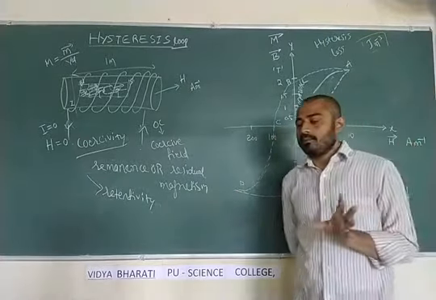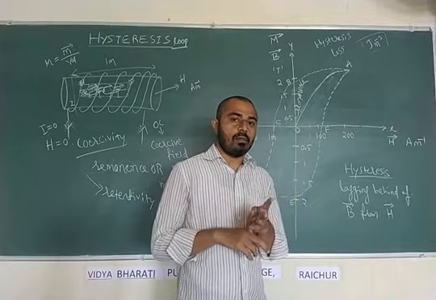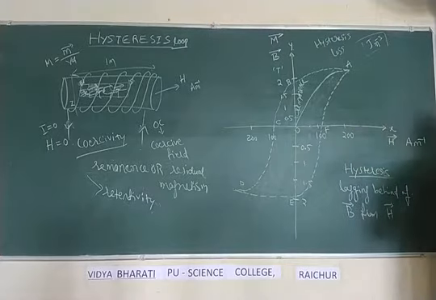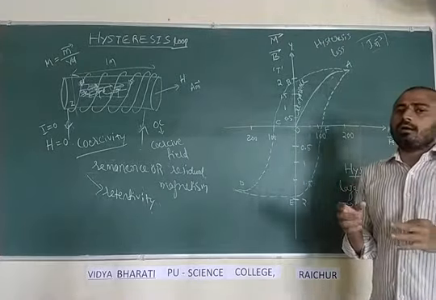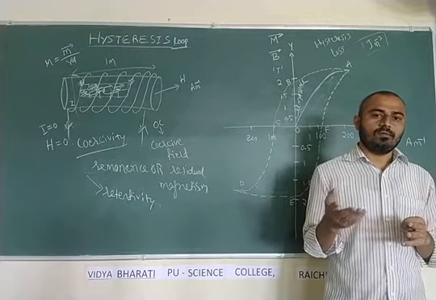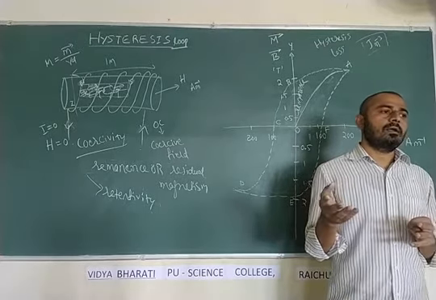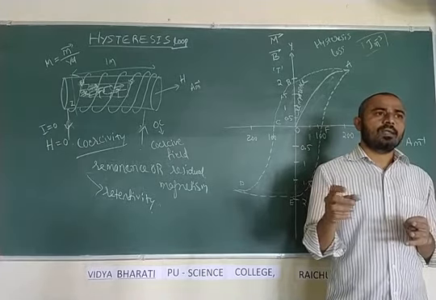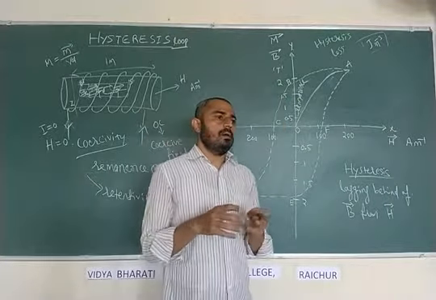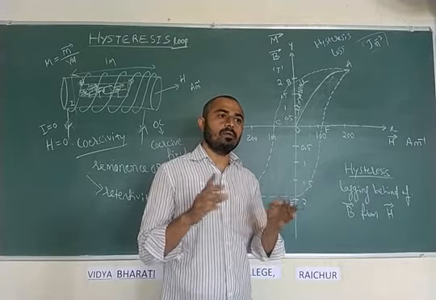Permanent magnets are made up of two types of alloys, like Ticonal and Alnico. Alnico is an alloy of aluminium, nickel and cobalt, that's why it's called Alnico. And Ticonal is also an alloy made up of some metals: aluminium, cobalt, nickel, and I think antimony or titanium, something like that. By mixing them in a suitable ratio, these alloys are used. Ticonal and Alnico are used to make permanent bar magnets.